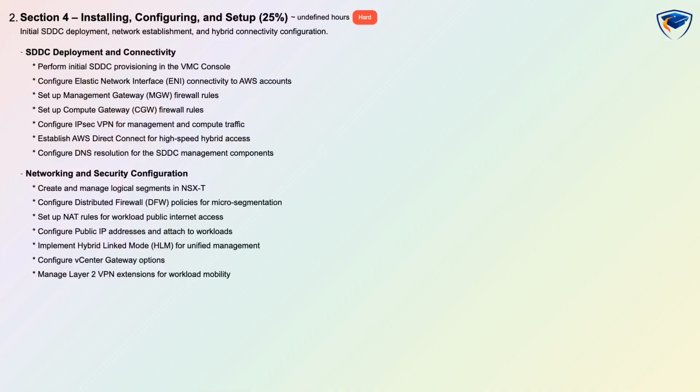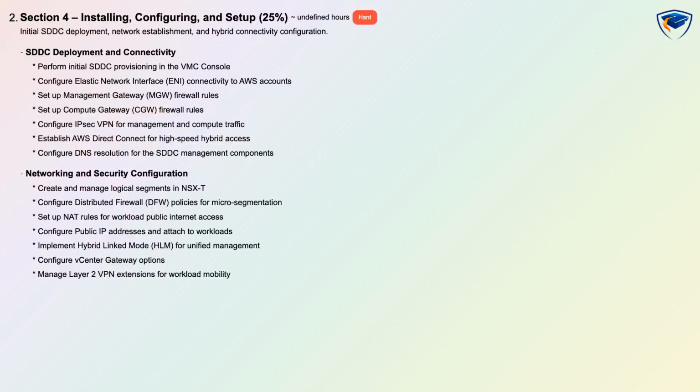Section 4, Installing, Configuring, and Setup, is 25%, classified as hard and assessed through hands-on and conceptual exercises, focusing on initial SDDC deployment, network establishment, and hybrid connectivity. You will practice SDDC provisioning in the VMC console, configure Elastic Network Interface connectivity to AWS accounts, set up management gateway and compute gateway firewall rules, and establish IPsec VPN and AWS Direct Connect for hybrid access while ensuring DNS